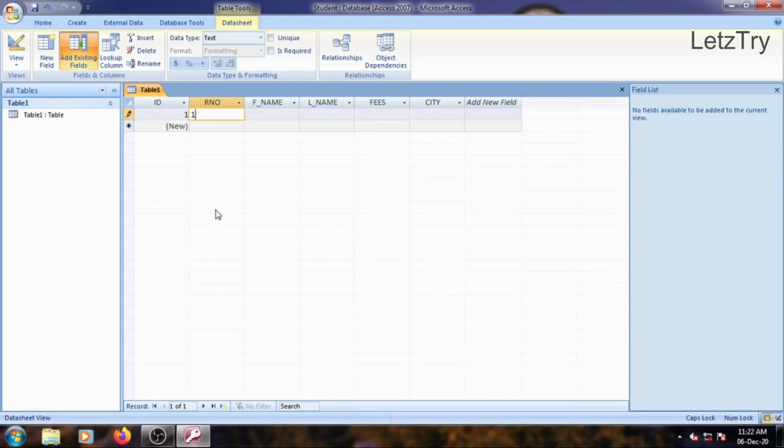Here we will add the first record in our table. Type 1 as roll number and press Enter button and enter Shyam as the first name. Similarly, add last name, fees and city data and press Enter button to go to the next row. Similarly, insert 4 more records in the table. Note that we are considering only 5 records for study purpose, but actual database tables contain hundreds of records. Meanwhile, see the ID field column automatically gets unique numbers.